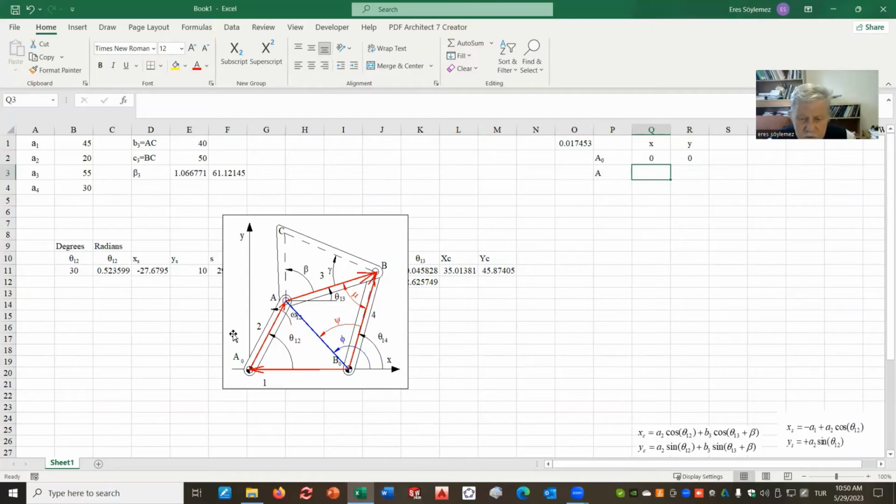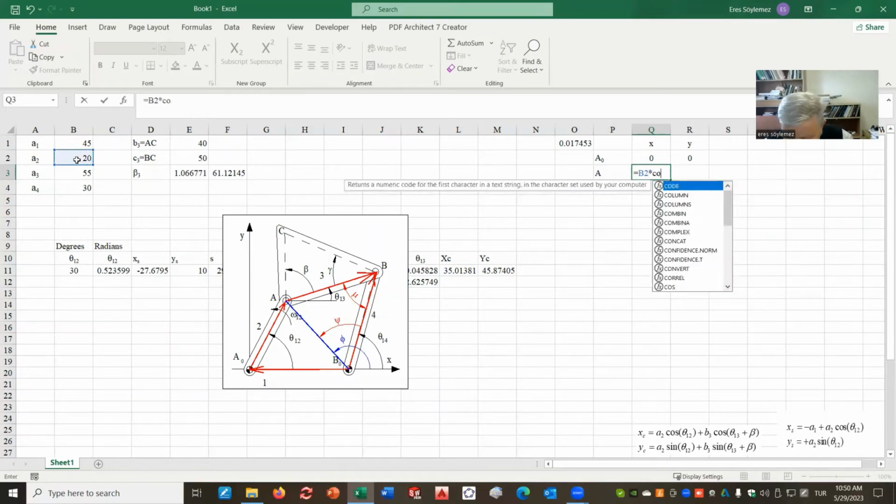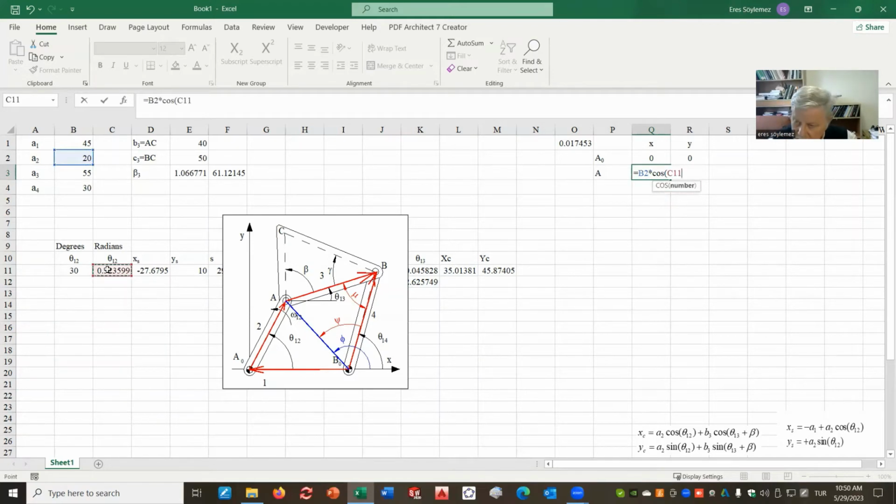A coordinate is going to be equal to, it is at a distance A2, making an angle theta 1, 2. I have to convert this polar form to Cartesian form to plot. So all I have to do is, x equal to A2 times cosine of theta 1, 2. Keep in mind it has to be in radians. And y equal to A2 times sine of theta 1, 2 in radians. Then I'm not going to start drawing. I'll first